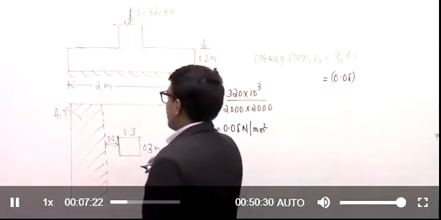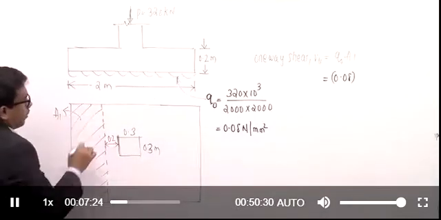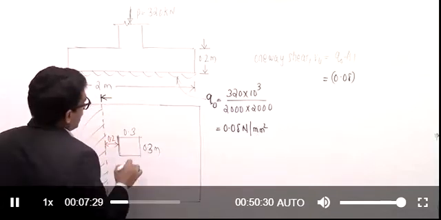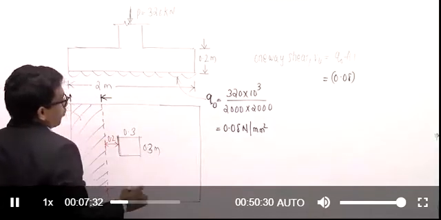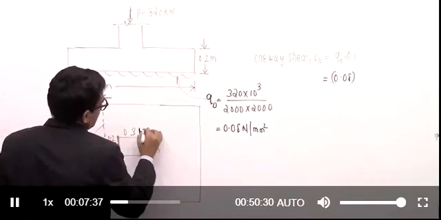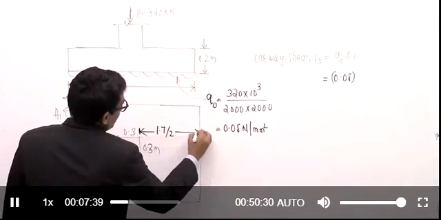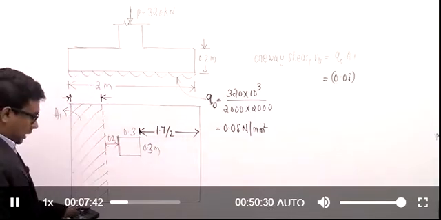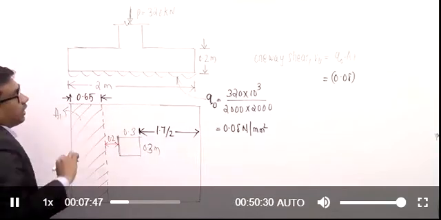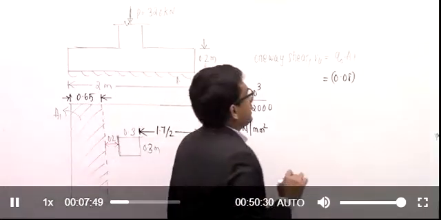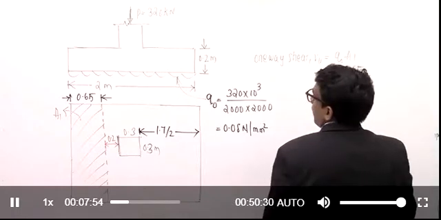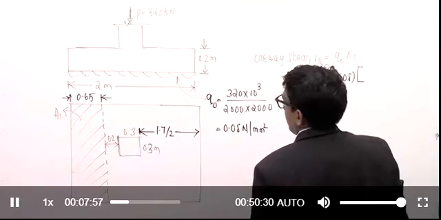Let's calculate the area here. To calculate the area, we have to think about this distance. The total distance is 2 meter. If I deduct 0.4 minus 0.3, it becomes 0.1, so 1.7 divided by 2. The remaining portion is 2 minus 0.65. Exactly, this distance is 0.65. Now calculate the area there, which is 0.65 meter square.